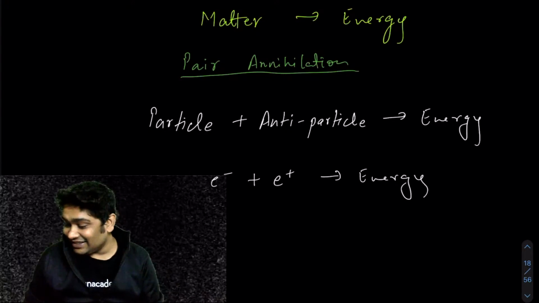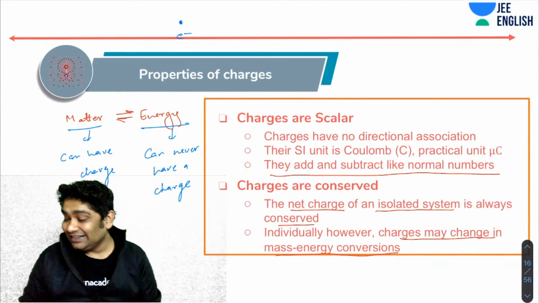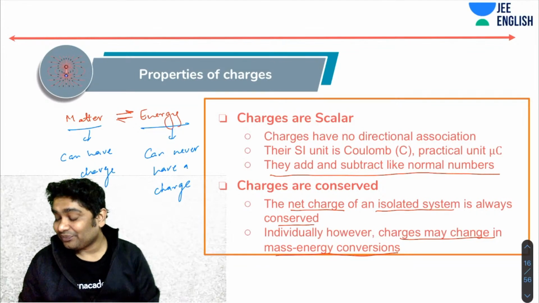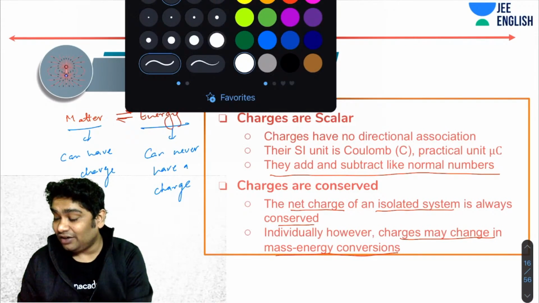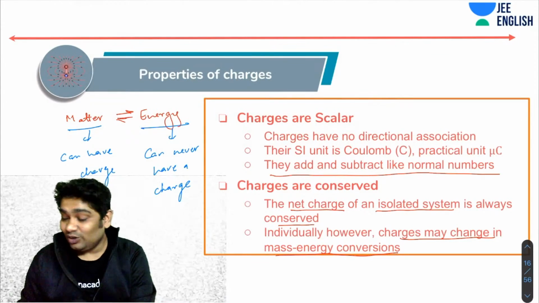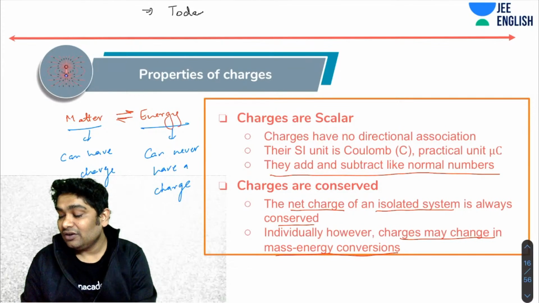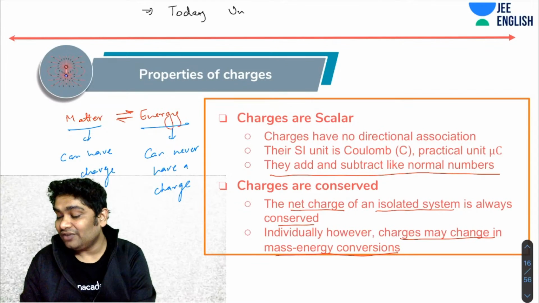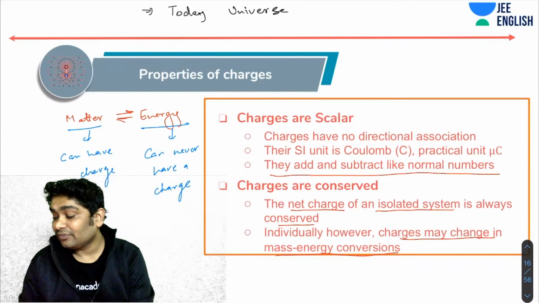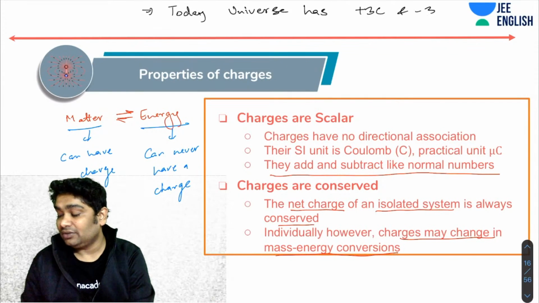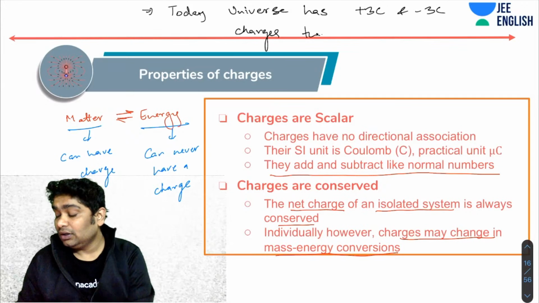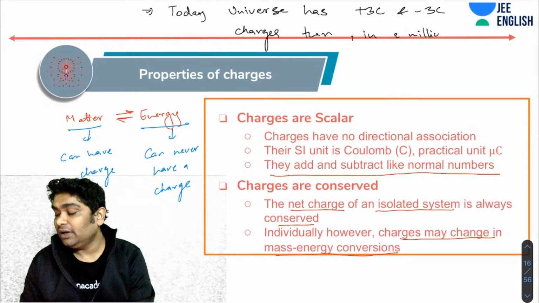There is a question that I usually like to ask, and this can be a good conceptual question for your advance. Suppose today the observable universe, or universe, hypothetically has plus 3 coulomb and minus 3 coulomb charges. Then in a million years,